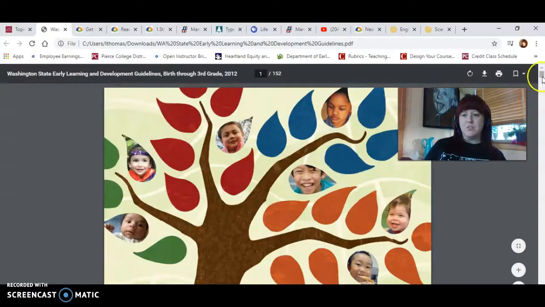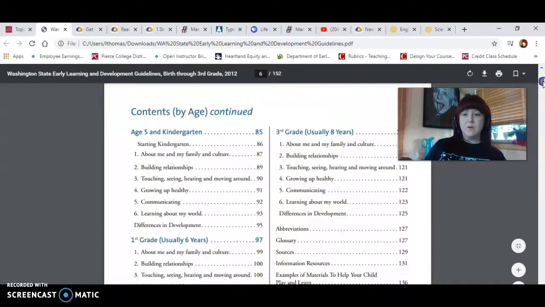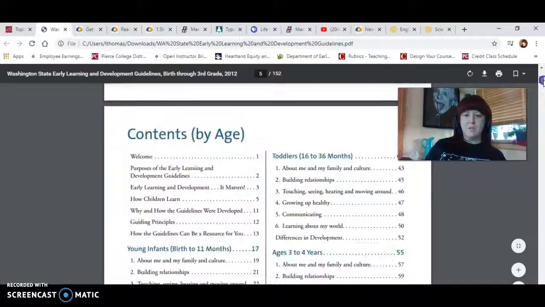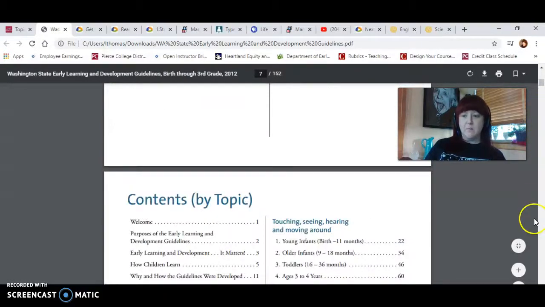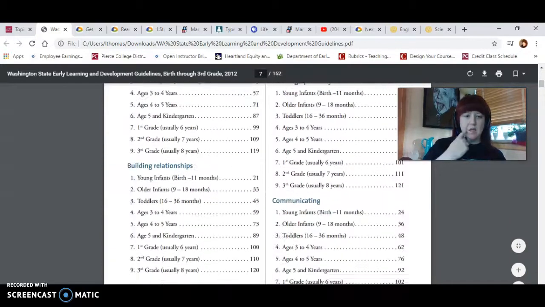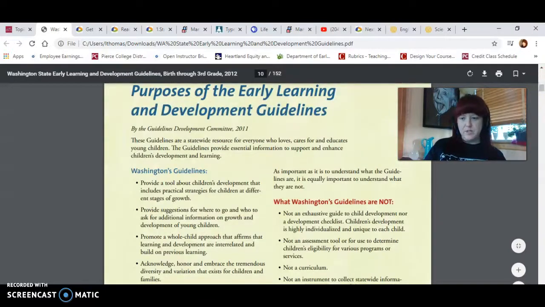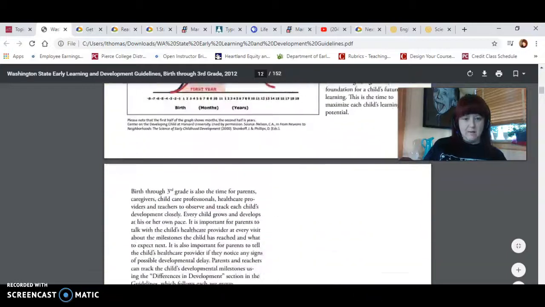You've heard many of your instructors talk about this book before as the tree book, and the tree book is broken down by age group. And then within each age group, it's broken down by component or content area. So let's go ahead and see what those content areas are. Sorry, look away while I scroll, it'll make you dizzy. All right, we have,